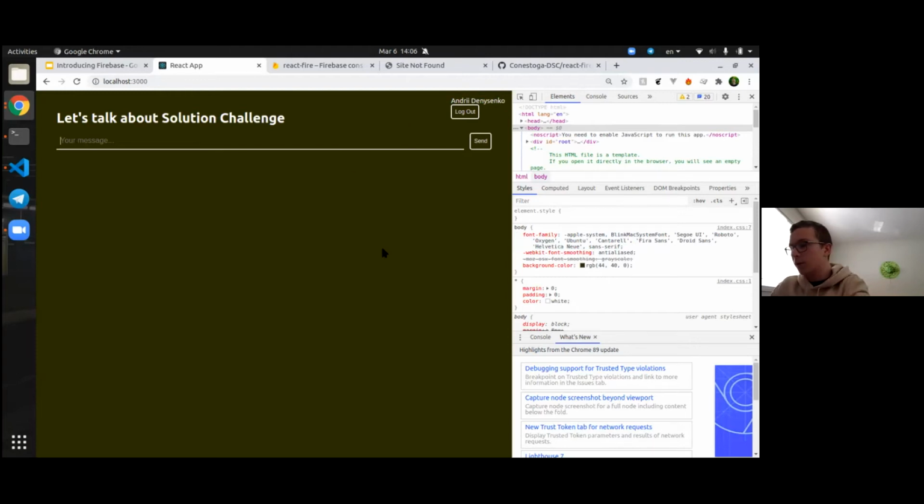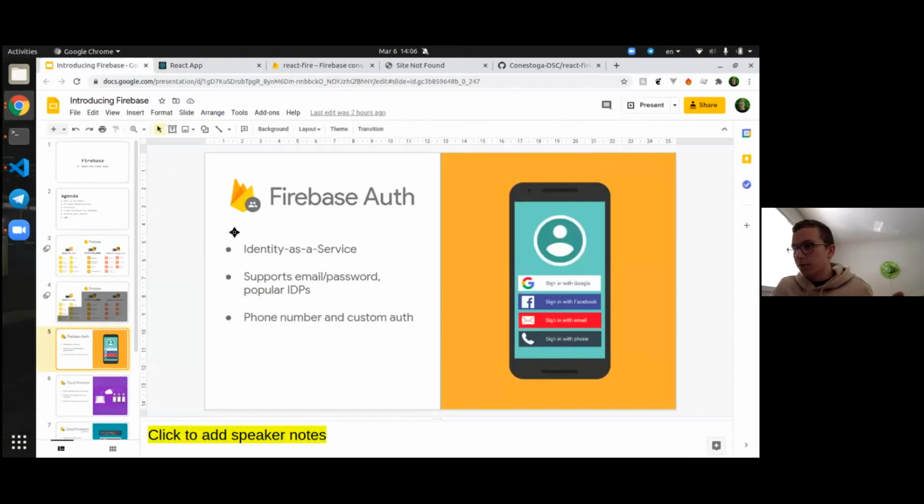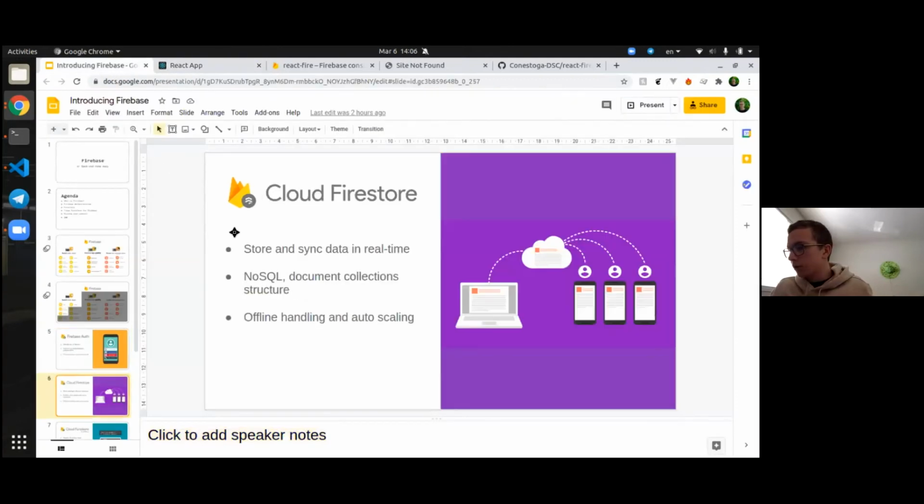In fact, if I type a new message, you can see that my name is also being used here. And this is just how the app works right now, nothing new, but we just connected auth. We can just connect and log in with Google Authentication in 10 minutes, right? Let's not stop there. Let's move on to the next service that we're going to be covering, and that is